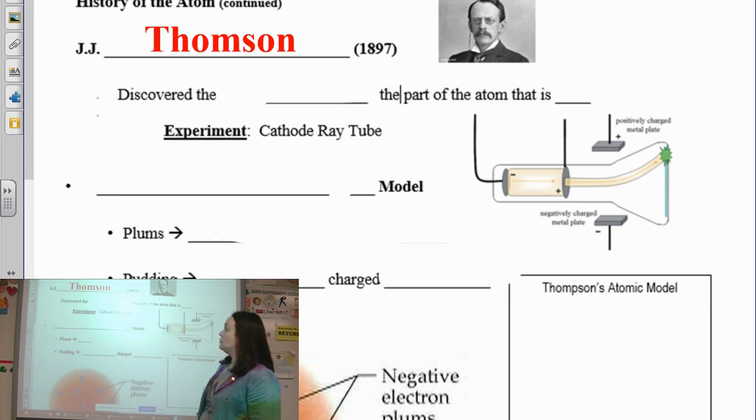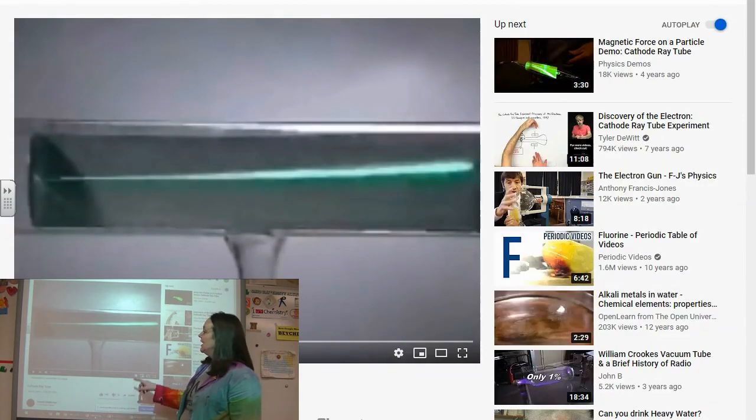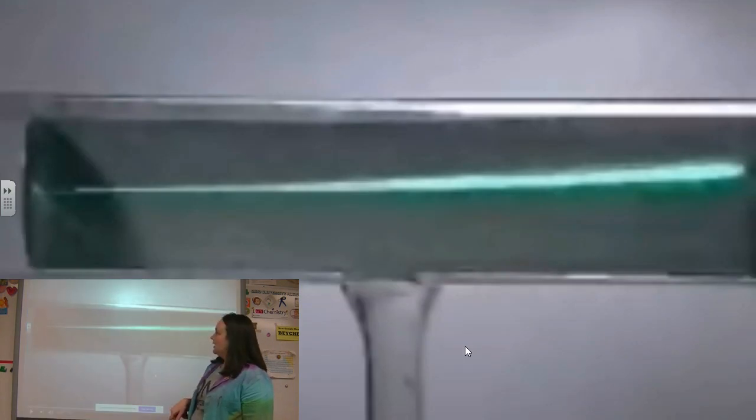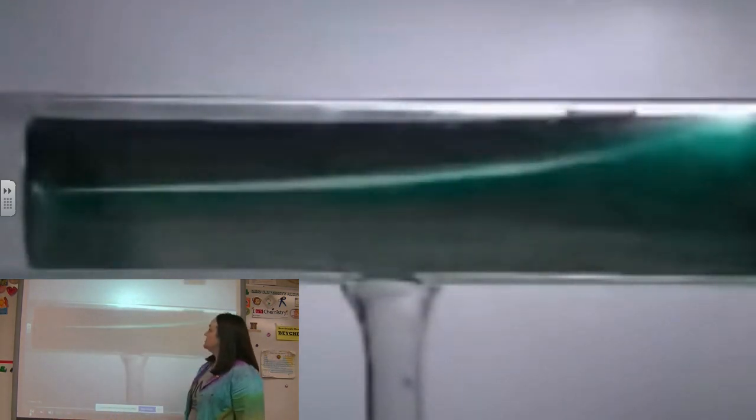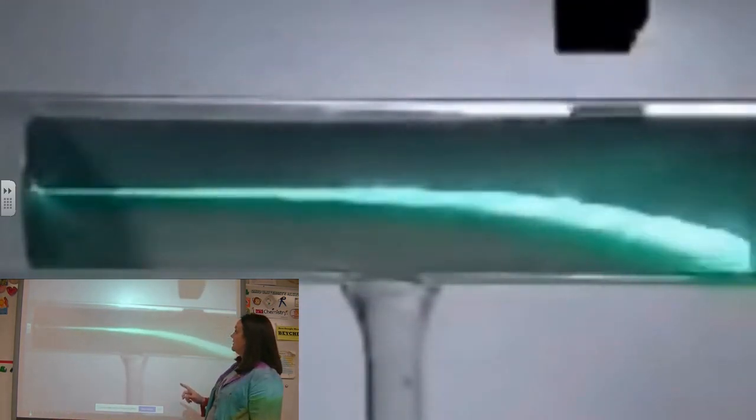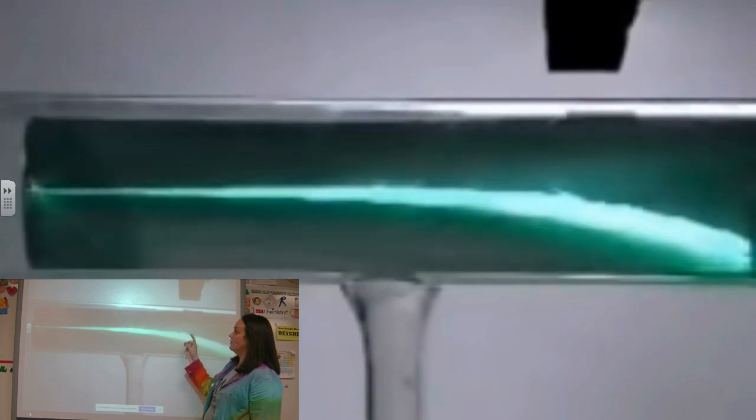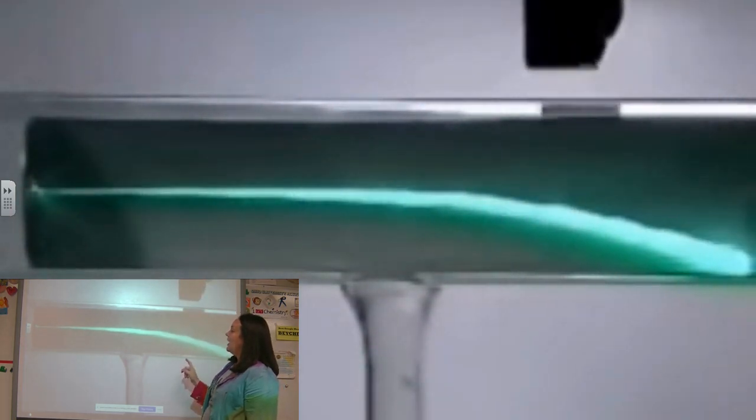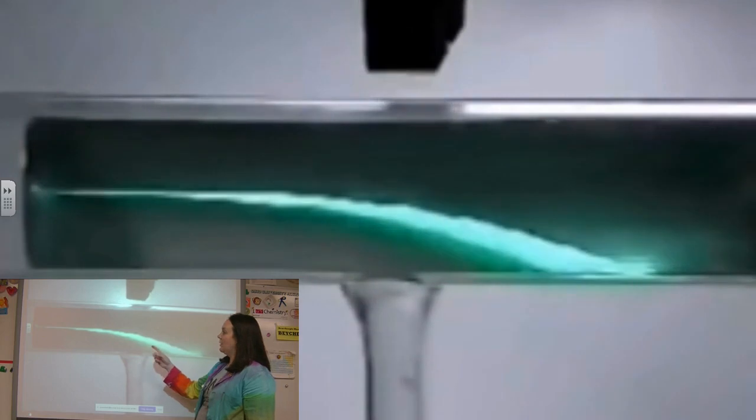And what he did was he worked with what's called the cathode ray tube. And I have a little video here to kind of show you what a cathode ray tube looks like. There is a little ray that you can see here. Okay. And, there's a little ray of particles, and what those particles are is he actually found that he could attract them with a magnet. And if you flip the magnet around, it would bend the ray back and forth, back and forth. And so he had to guess what he thought this ray of particles was.